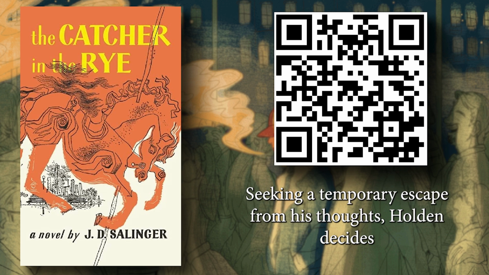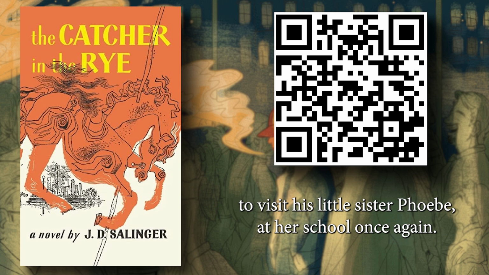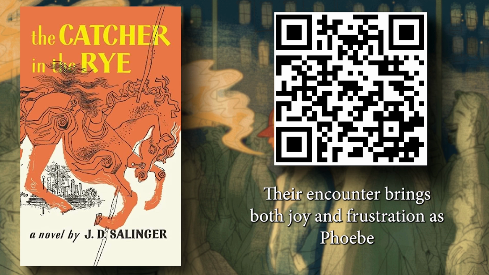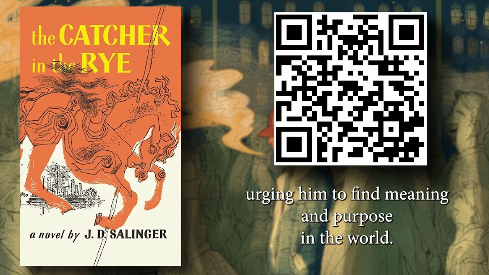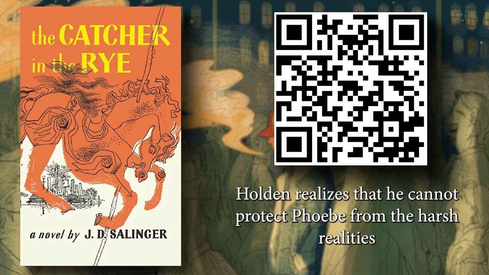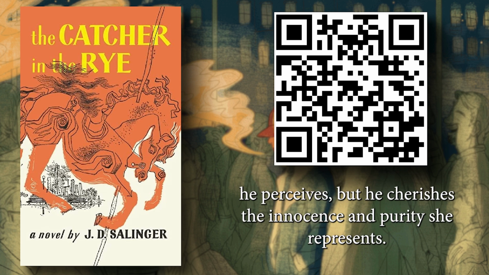Chapter 12. Seeking a temporary escape from his thoughts, Holden decides to visit his little sister Phoebe at her school once again. Their encounter brings both joy and frustration as Phoebe challenges Holden's negative outlook on life, urging him to find meaning and purpose in the world. Holden realizes that he cannot protect Phoebe from the harsh realities he perceives, but he cherishes the innocence and purity